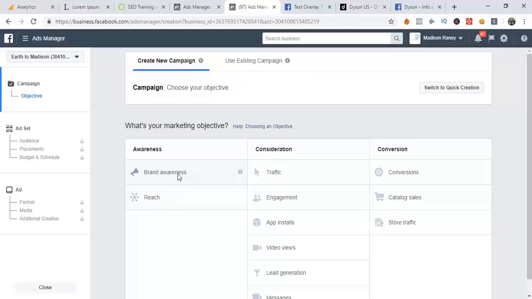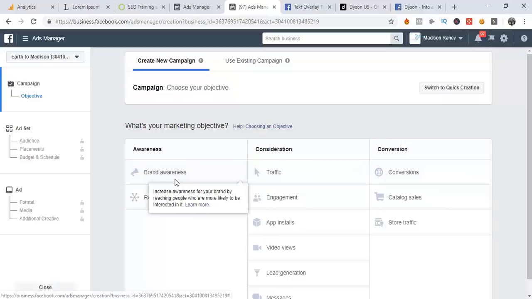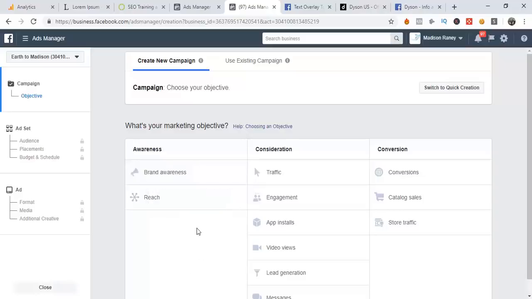But if you've got a ton of money and you want to set up Facebook ads for each different one of these objectives, then be my guest. But if you're just looking to get more sales, more conversions, and make more positive ROI on whatever ad spend that you actually use, then brand awareness I'd steer clear of. So it says here, increase awareness for your brand by reaching people who are more likely to be interested in it. And then we have reach, which is exactly the same thing, but in reach you can set a number